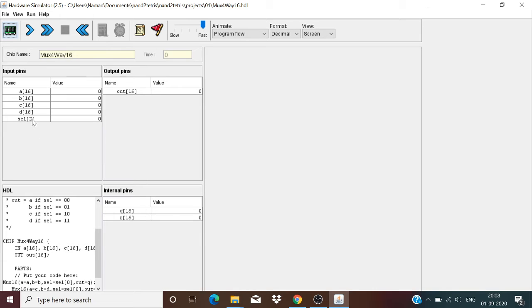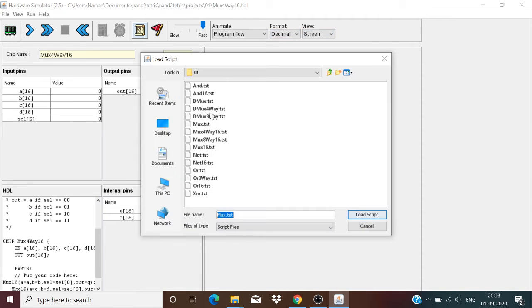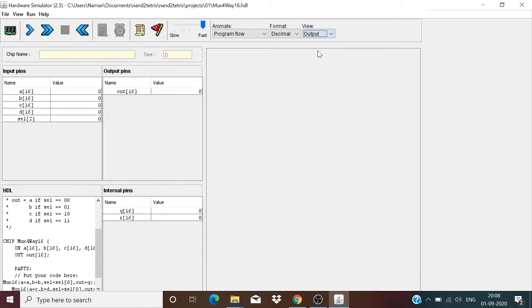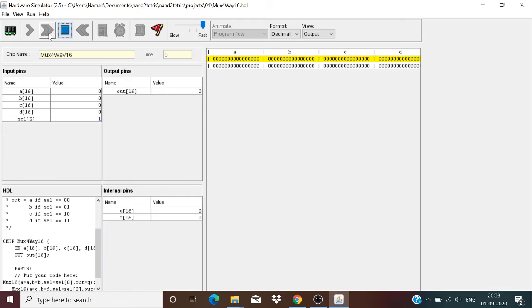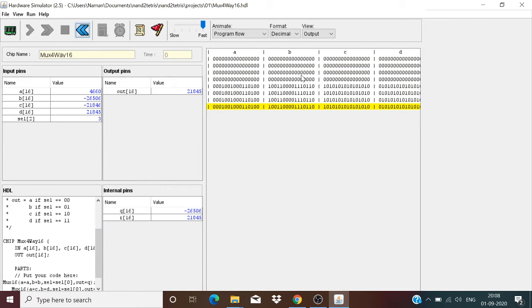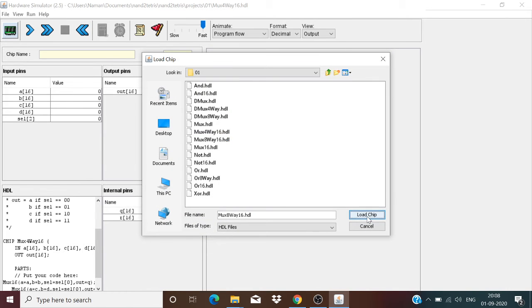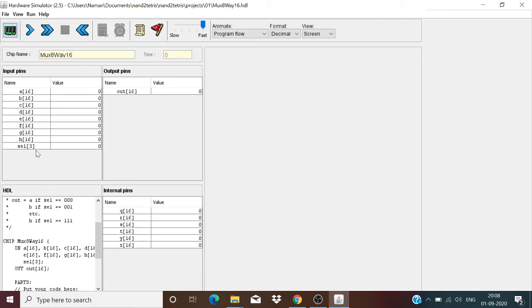Now here we have 2 selection lines and thus 4 input pins, and each input pin carries 16 bits of data represented in the form of arrays. And thus for some predefined values, here we have the output. Mux8Way16: 3 selection lines, and thus 8 input pins with each carrying 16 bits of data.